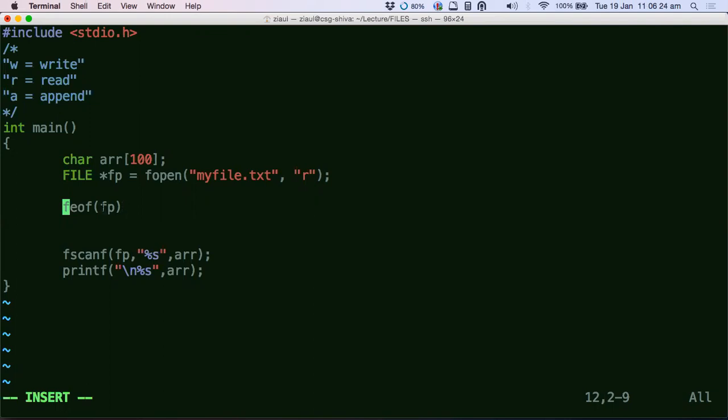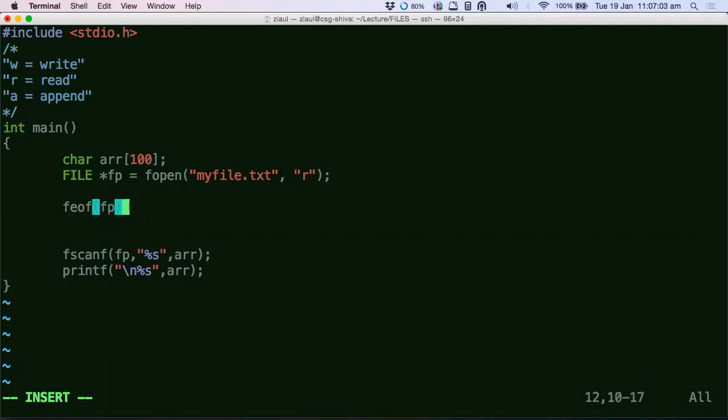How it operates: it reads the current file pointer and sees in what position fp is inside that buffer, and sees if that position is the end of the file. If it is yes, then this function returns, I think it returns 1, and if it is no, it returns 0. So if it has reached the end of the file, this will give you a 1. That is a positive value. If it has not reached the end of the file, it will give you a 0. That is, it is still in between the file somewhere.